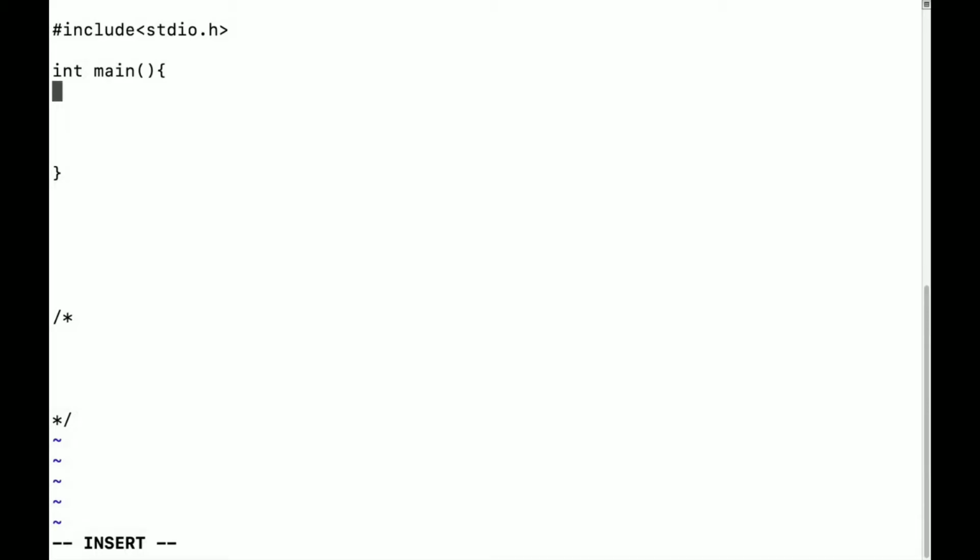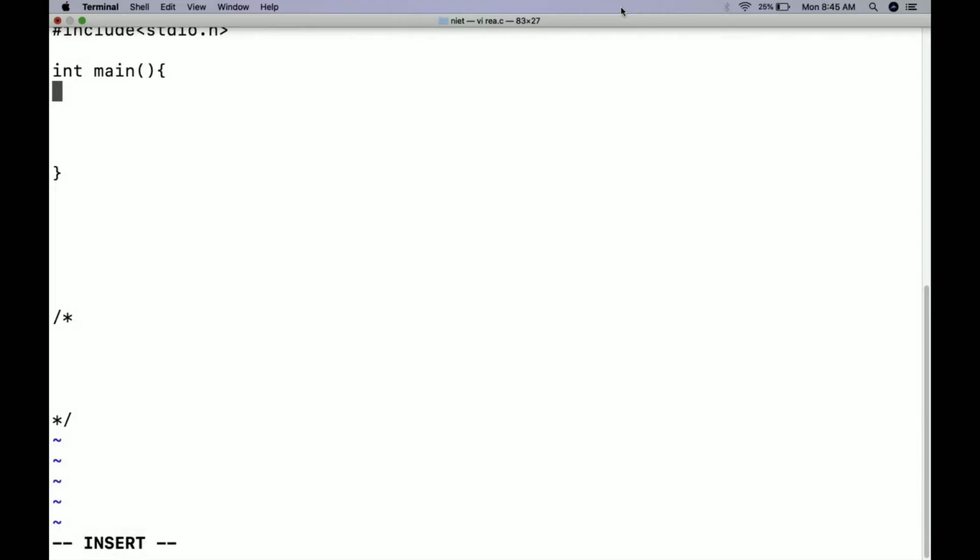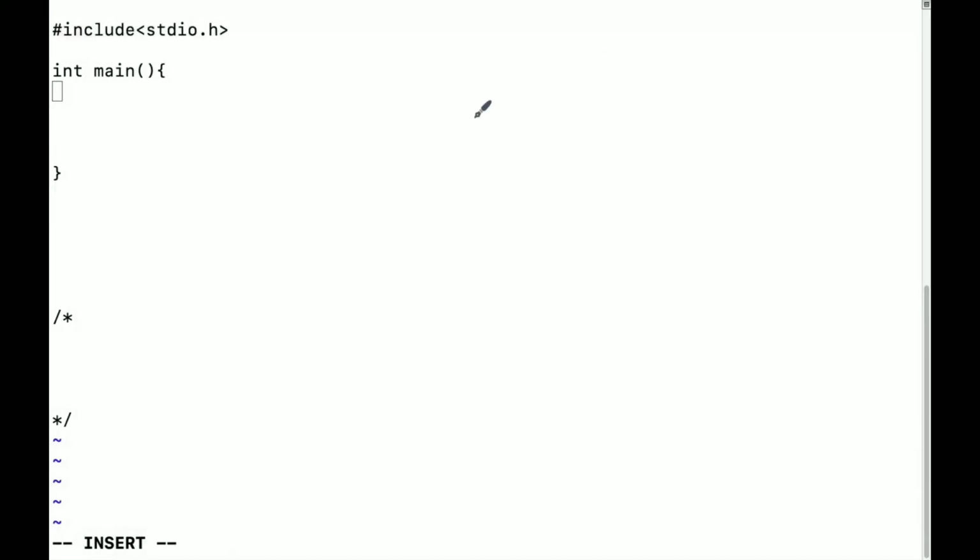Now the first thing I need to do is look at the memory diagram, guys. First I need to go to the memory diagram, and I need to create a block of memory. Let's say I want to create 5 blocks: 1, 2, 3, 4 and 5. Each block is 4 bytes because of the integer.